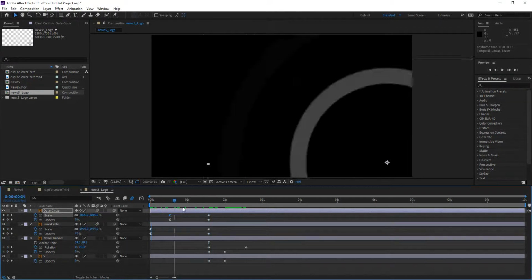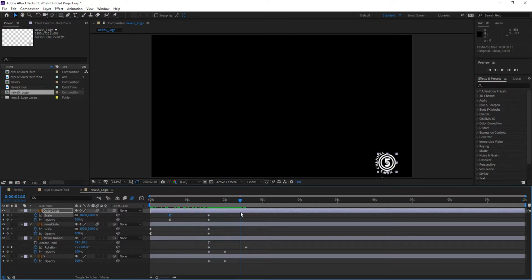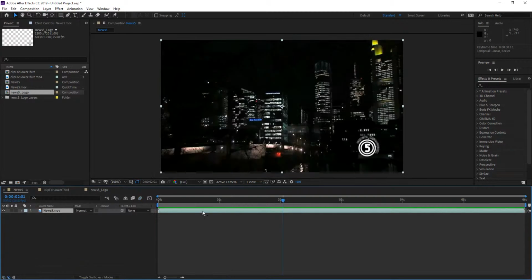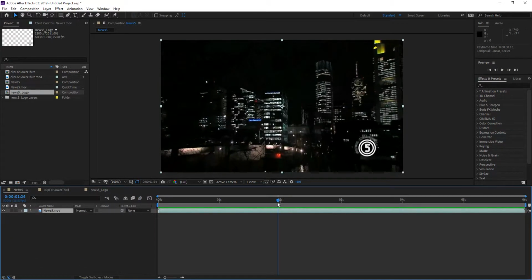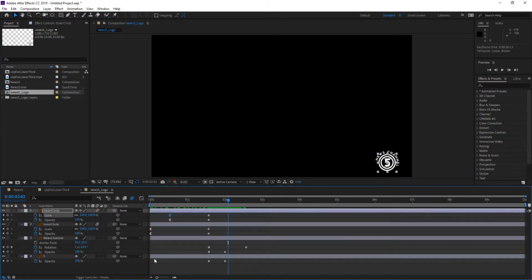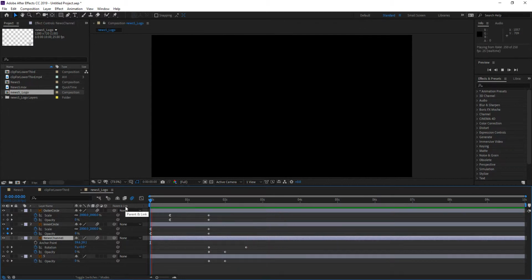So now let me take a look at this. This looks pretty good, except the news channel looks a little bit too sharp. If I go back to the video, you'll see that it looks blurry here, and that's because I have motion blur applied to that layer. So I'll select that news channel and apply motion blur, and since this switch is activated, it will automatically take. So let's take a look at how this is looking. That looks really good. So with that done, let's go back to the News 5